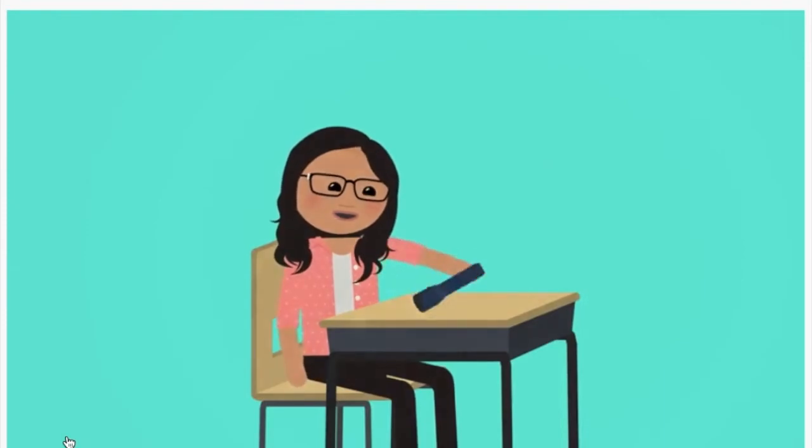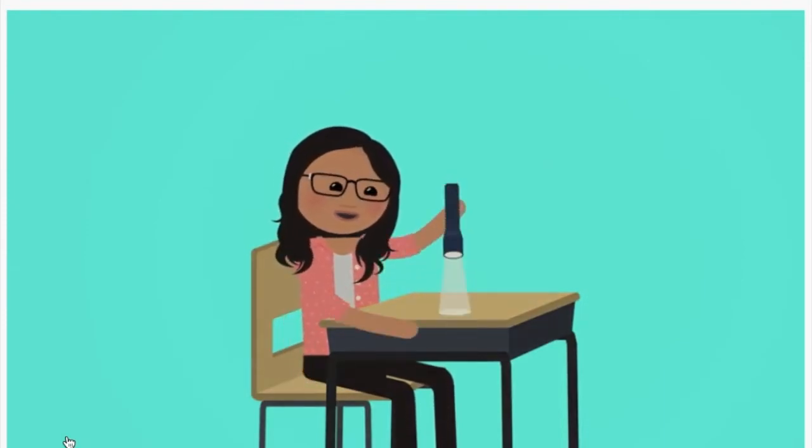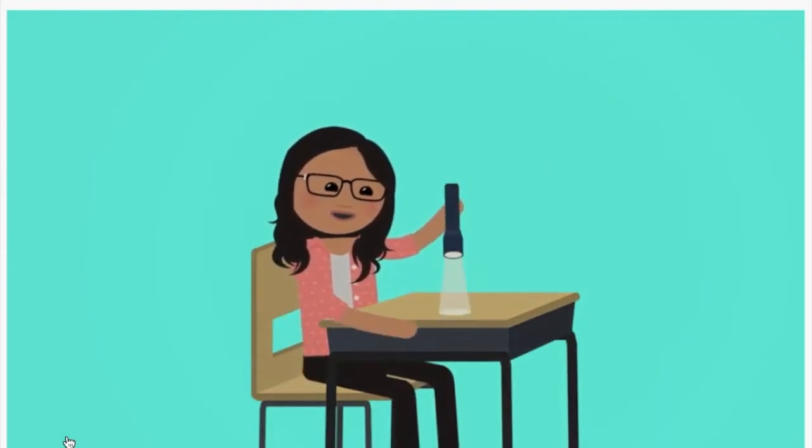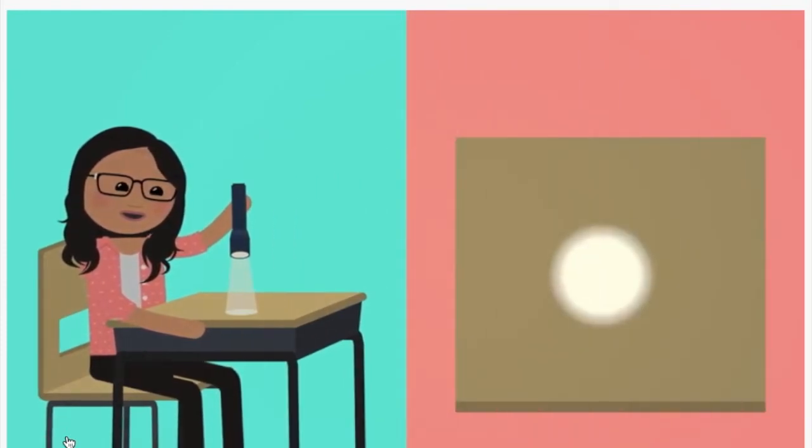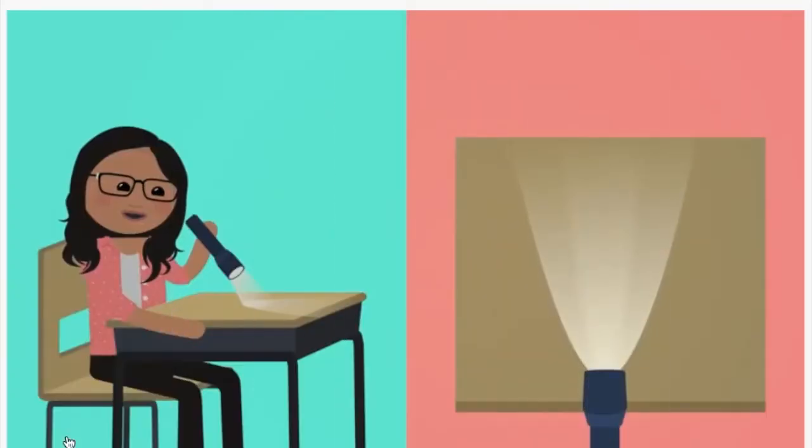Well, try this little trick with a flashlight. Get a flashlight and dim the lights in your room a little bit. If you turn the flashlight on and point it straight down onto your desk, you'll see a small, bright, concentrated circle of light. That's kind of how sunlight hits the northern hemisphere during the summer. Bright and intense. Now move the flashlight down at an angle and point it at the top of your desk. See how the light isn't as bright and is less intense where it falls? That's like the sunlight we get in winter. But what about spring and autumn?